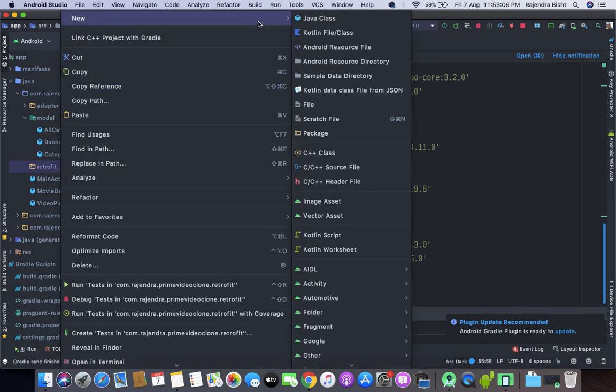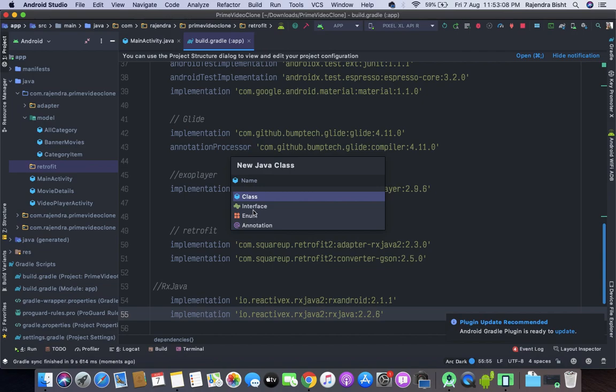Inside the retrofit package I will create an interface for writing the REST API methods, let's say API interface.